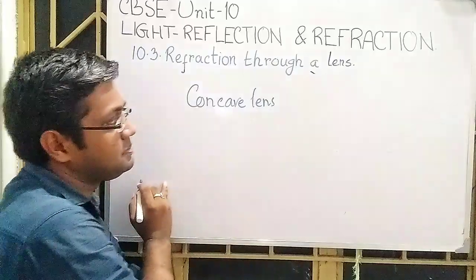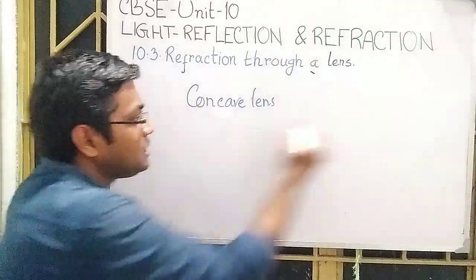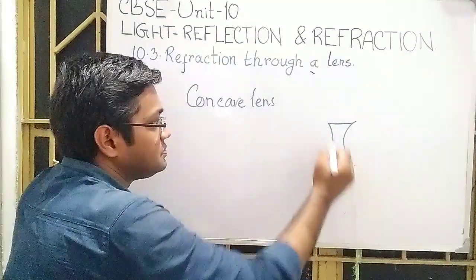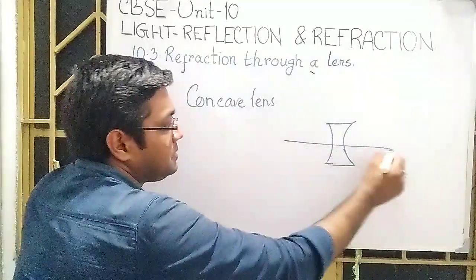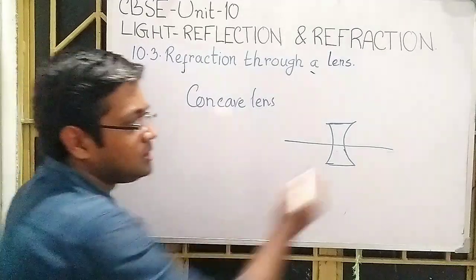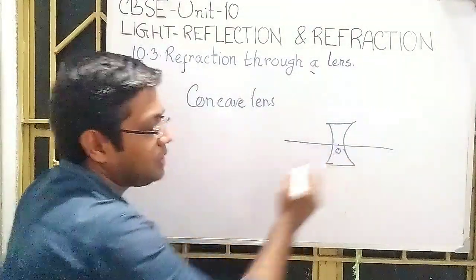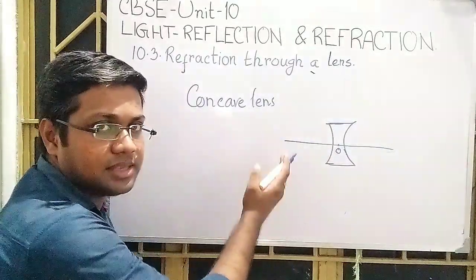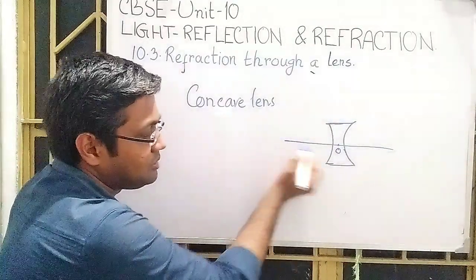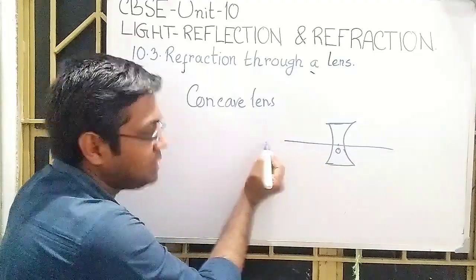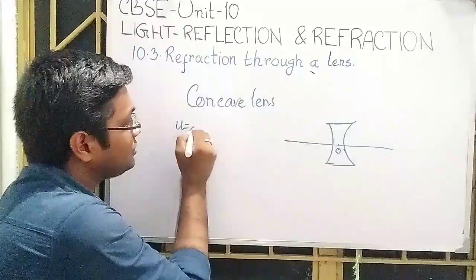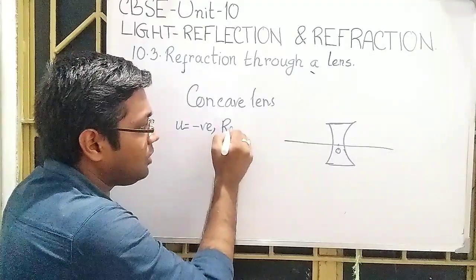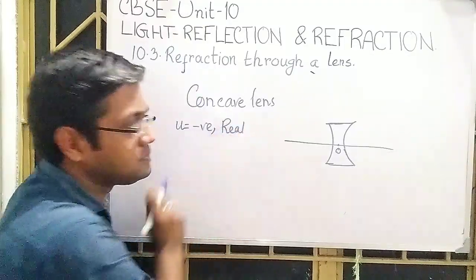concave lens. So just think, it is a concave lens. This is the principal axis of it. This is the optical center. From here you measure all the distances. If I place a real object, you have to place it on the left hand side. So you can say U is negative according to sign convention if the object is a real one.